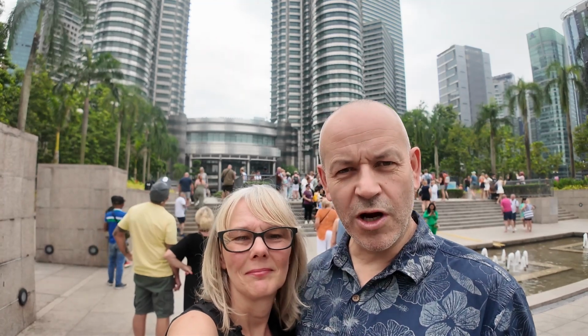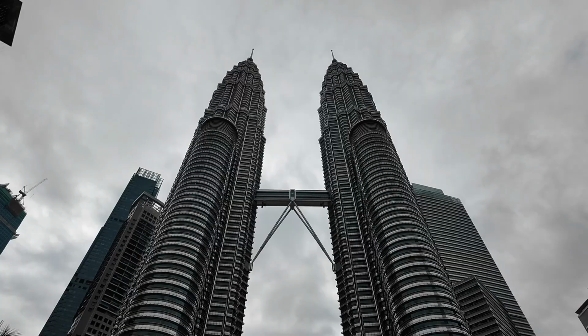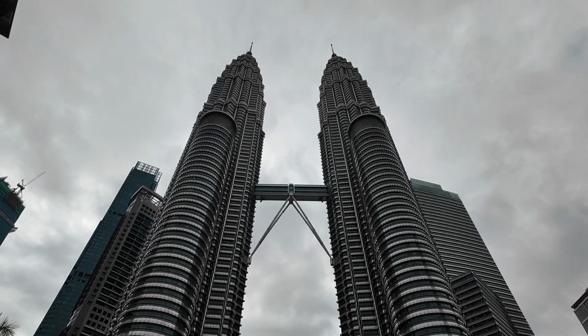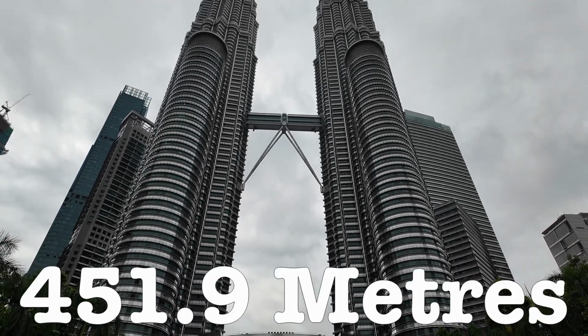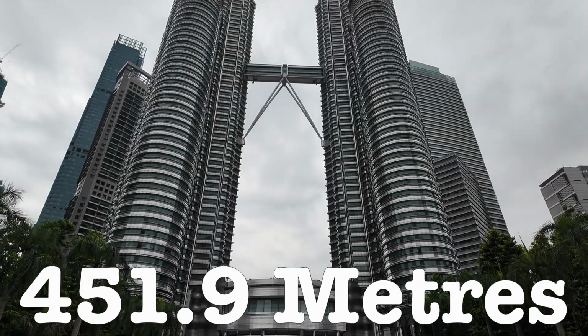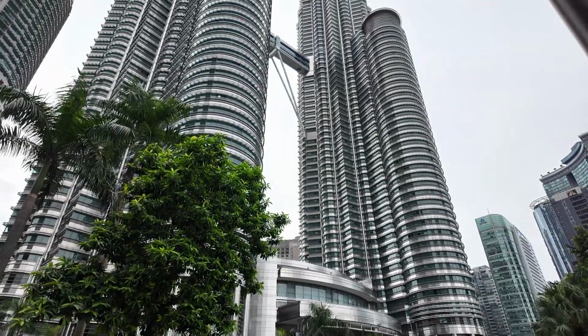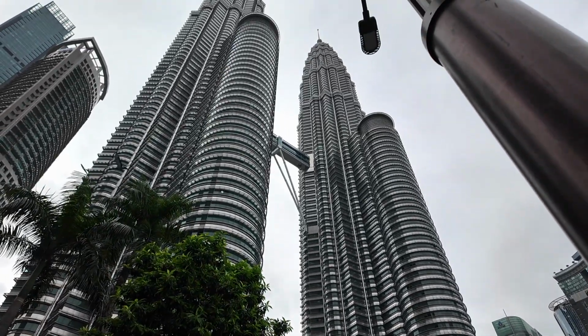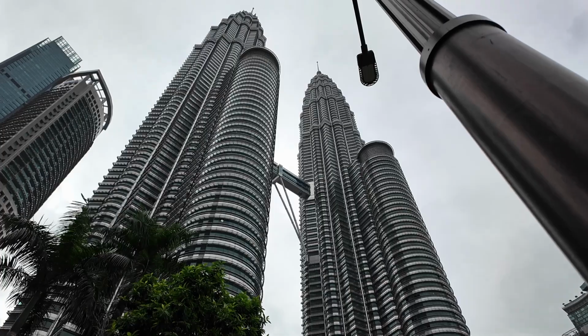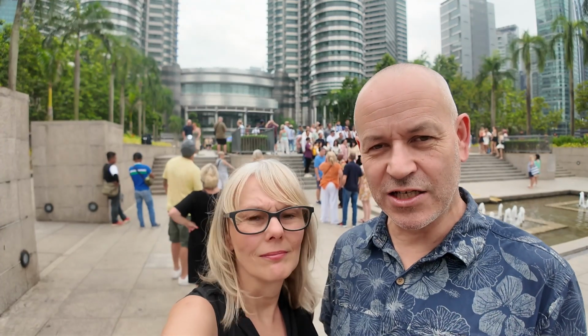So here we are, we're at the Petronas Towers. It's 88 stories high, 400 odd metres tall. We'll put exactly how tall it is there because I can't remember. It's a tall building. Well, it's the tallest twin towers in the world. Yeah. Not the tallest building, that's still the Burj Khalifa, although they are currently building the second highest